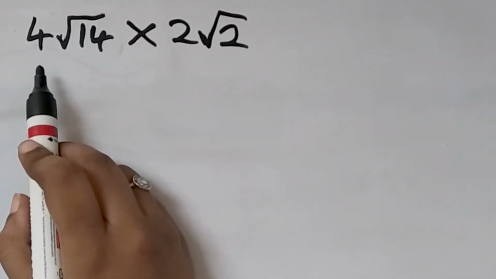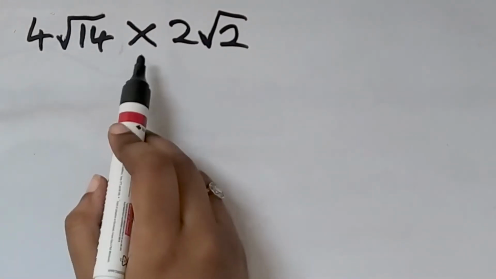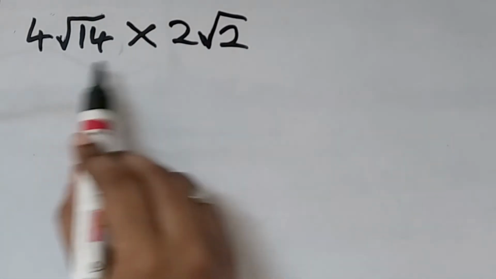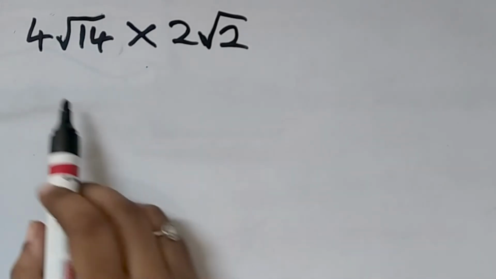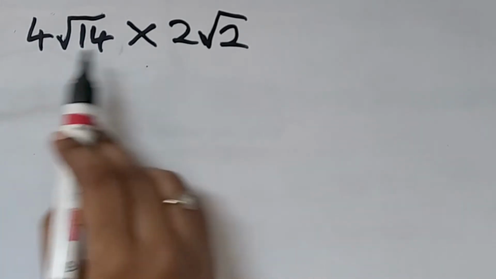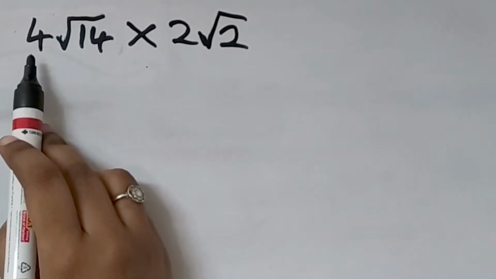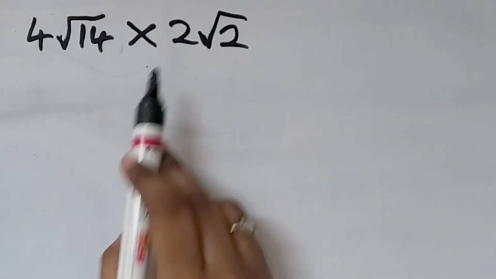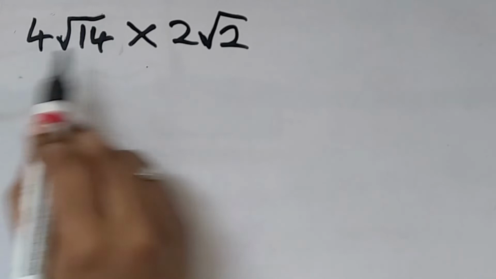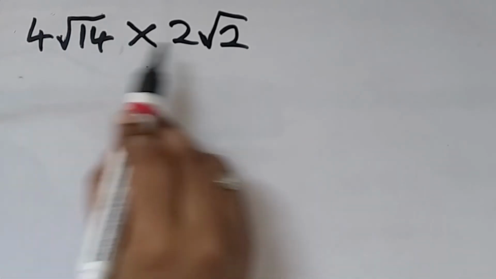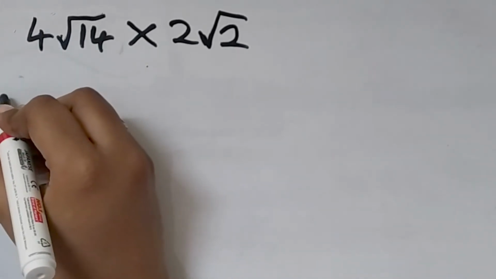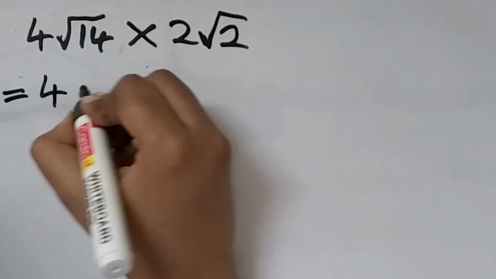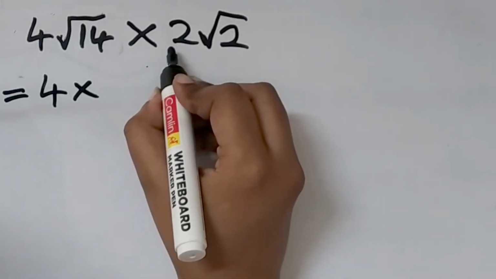Now see this example, 4 into root 14 into 2 into root 2. Whenever we have such type of problems in multiplication, see what we will do, the number which is there outside the square root. See here 4 is there outside the square root, and here 2 is there outside the square root. First we will multiply the number which is there outside the square root separately. So which is equal to, here what is there outside square root, 4, into here what is there, 2,